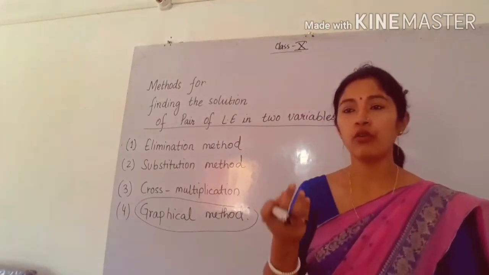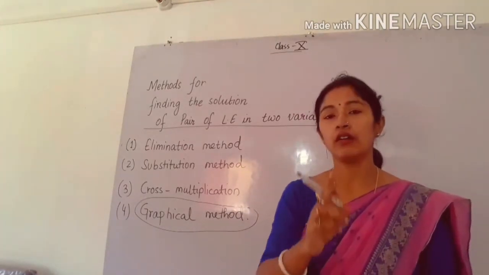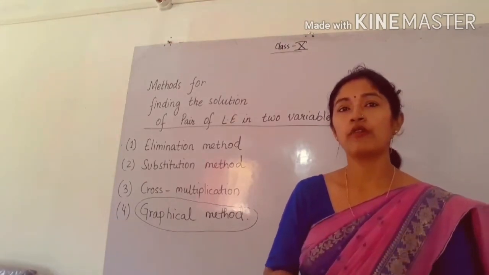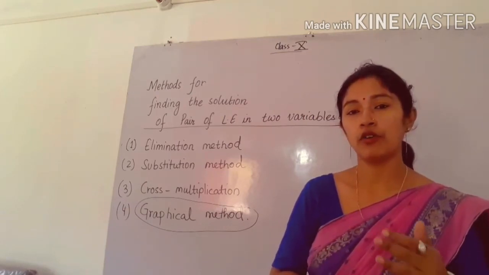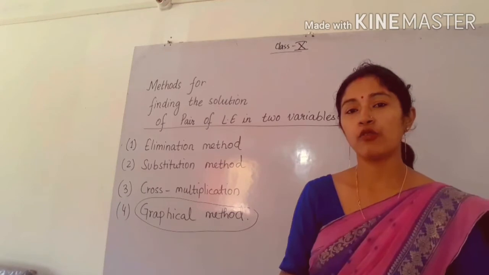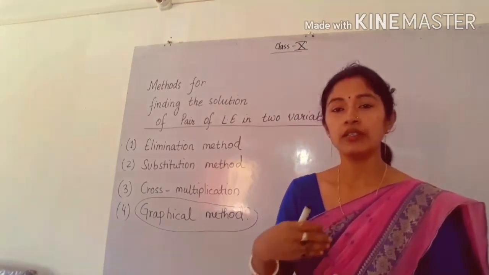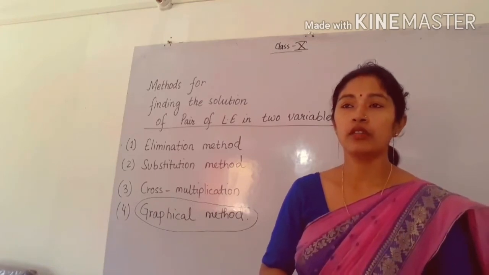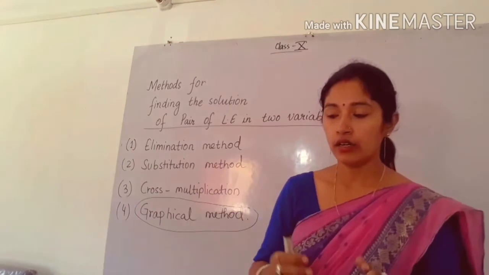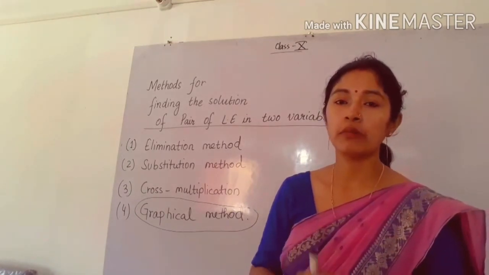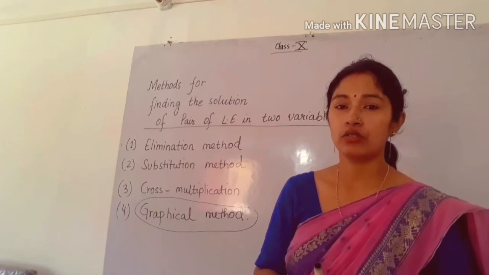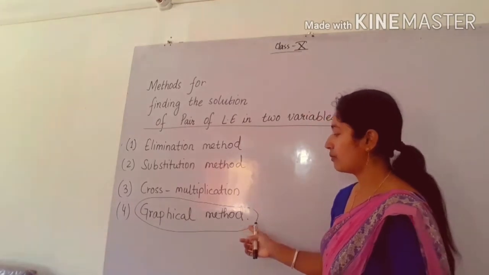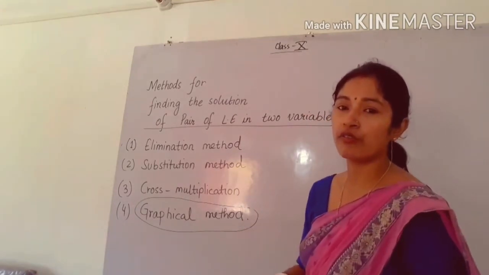You know how to represent one linear equation in a graph. So what you have to do is find 3 solutions of one linear equation, and again find 3 solutions from the second linear equation. Then you have to draw the straight lines in only one graph. Then you can see that the lines will either intersect, or be parallel, or be coincident. So there are 3 cases which can happen. So that was the graphical method. Using the graphical method we can also find the solution.